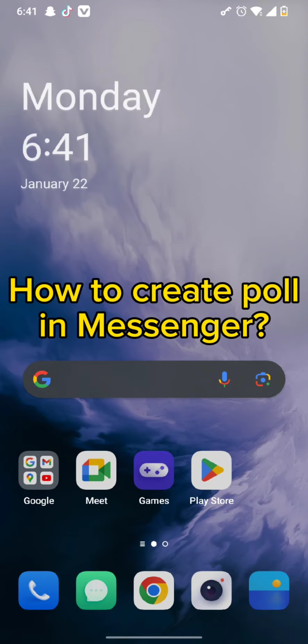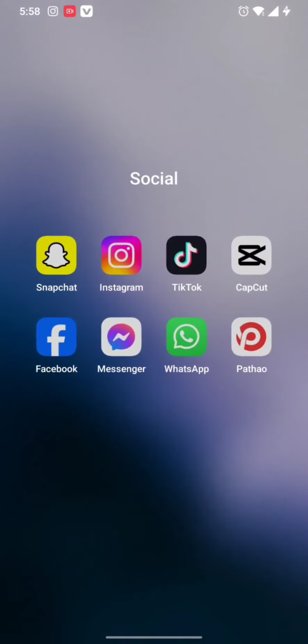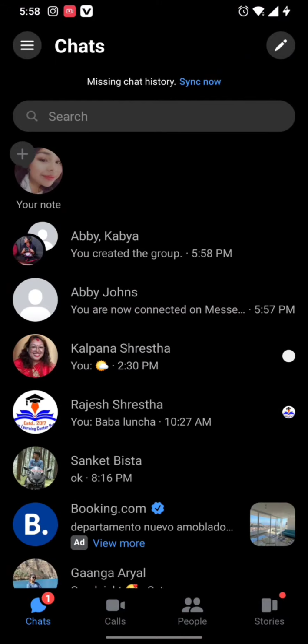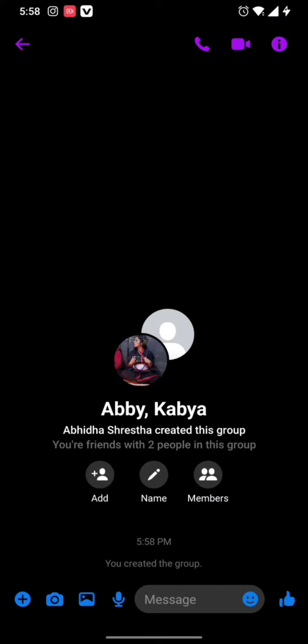So first and foremost, all you need to do is simply tap open your Messenger app, and once you have tapped it open, you need to now select a group to send the poll in. So once you have tapped on a group, you can simply tap on the plus icon where you can